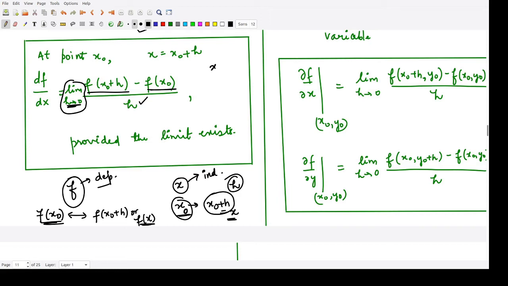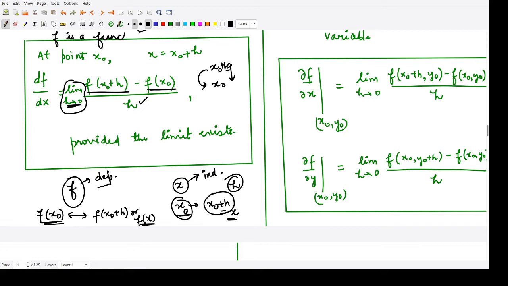That means this x point and x naught point, or x naught plus h, are very close to each other. So the distance h is tending to zero, that means this point is tending towards this point only. So this is the definition for the derivative at the point x naught. Okay, so now moreover, here this function f is a function